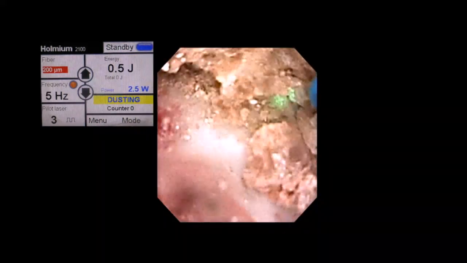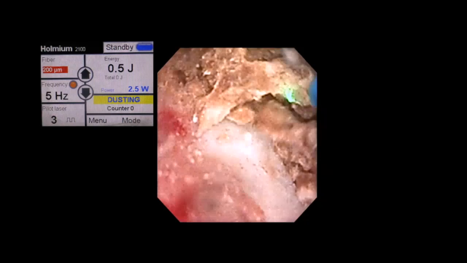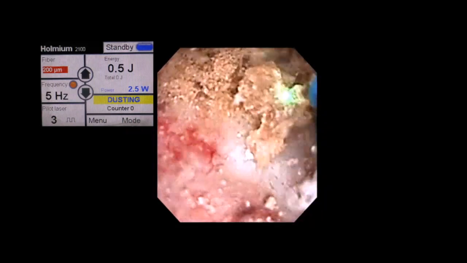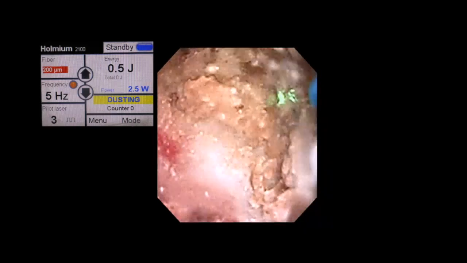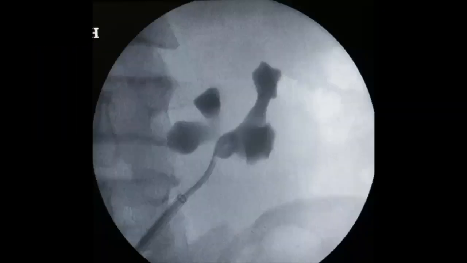Now the pieces started forming. Once the pieces started forming, focusing on the pieces with a painting method is very difficult. So deliberately we make the fragments. After that we switch over to the popcorn method. Now again 22.5, high frequency, high energy is kept to go into the popcorn method. This is the end of the procedure, where intravasation and extravasation are not present.